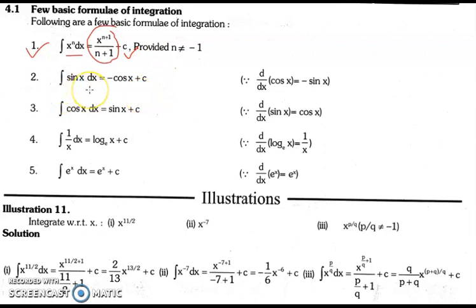Again, as I was telling you earlier as well, if the derivative of cos x is minus sin x, so integral of sin x would be minus cos x, because this minus sign has to be compensated by bringing it here. Okay. So that is why we'll say that the integral of sin x is minus cos x. In the same way, derivative of sin x is cos x, so integral of cos x would be sin x. It is simple. There is not any negative sign that is present here.